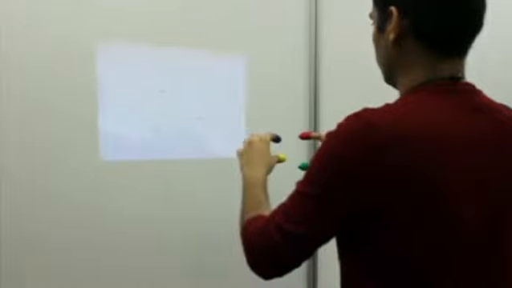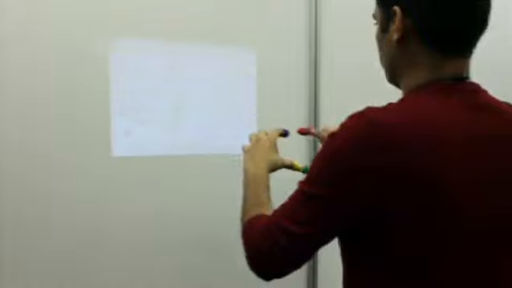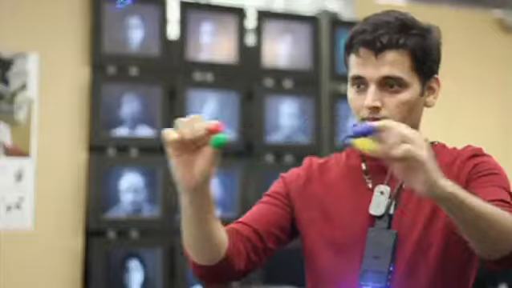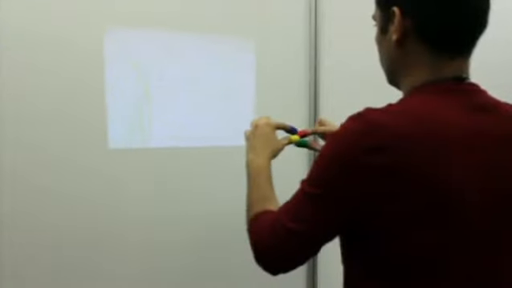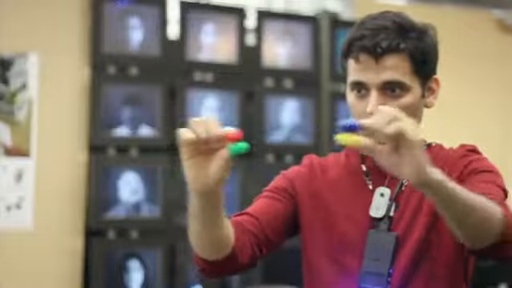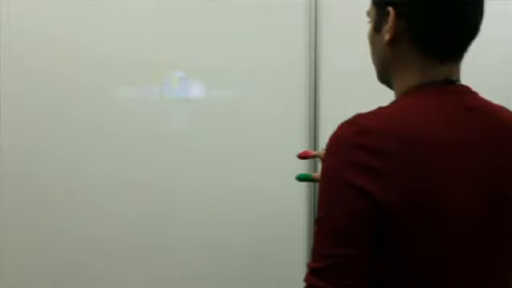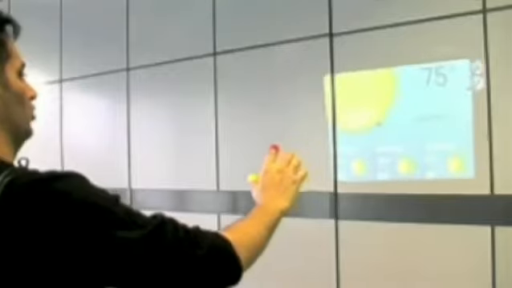But we are not only tracking one finger. We are giving you the freedom of using both hands. So you can use both of your hands to zoom into or zoom out of a map just by a pinching operation. The camera is getting all the images, doing the edge recognition and also the color recognition, and so many small algorithms are going on inside. So technically it's a little bit complex, but it gives you an output which is more intuitive to use